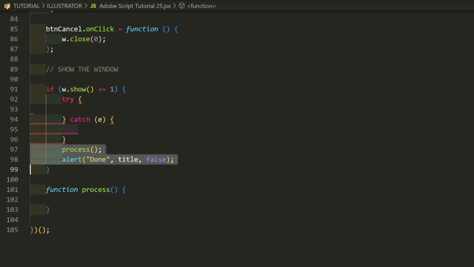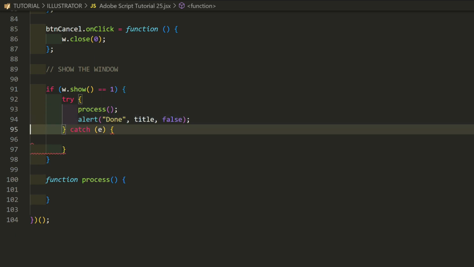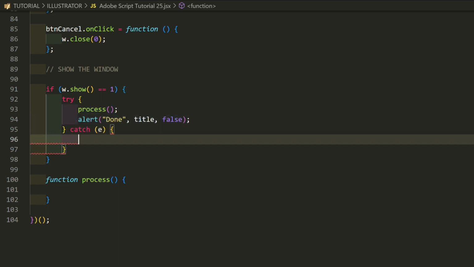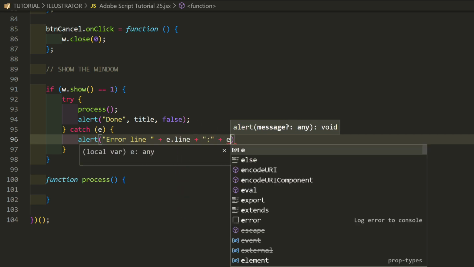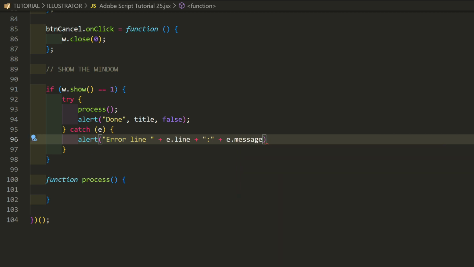Move the code to execute into the try block. And for the catch, we'll alert error line plus E line plus a colon plus E message. That lets us know the error and line of code that caused it.